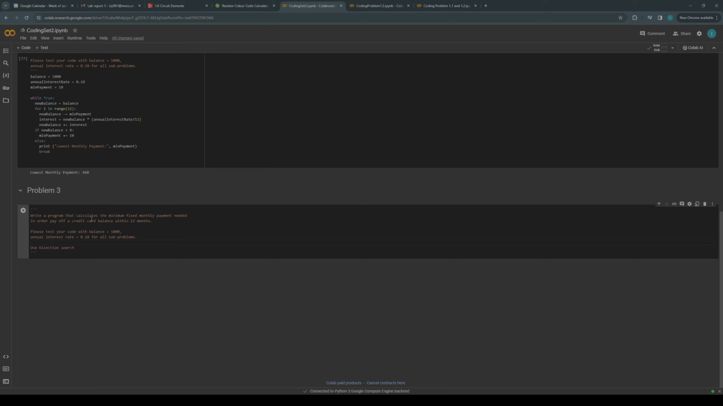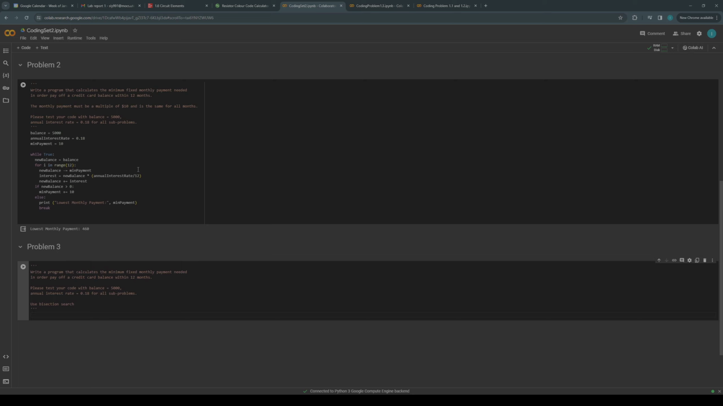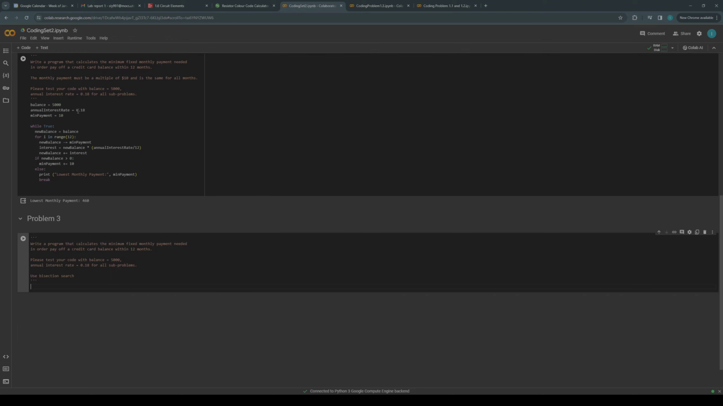So we're going to be testing our code with a balance of 500 and an annual interest rate of 18% for all of our problems. And we're also using bisection search. So bisection search is basically, to my understanding, we're gonna have a lower bound and an upper bound, and we're gonna squeeze in on the correct answer. So let's go ahead and